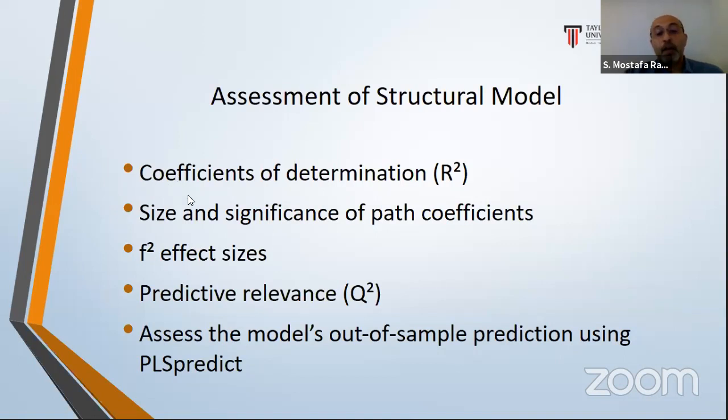Only some of these criteria are common criteria that have long literature to support them, like R square, the coefficient of determination, the size and the significance of path coefficients, effect size for each relationship, and predictive relevance Q square, for assessment of predictive